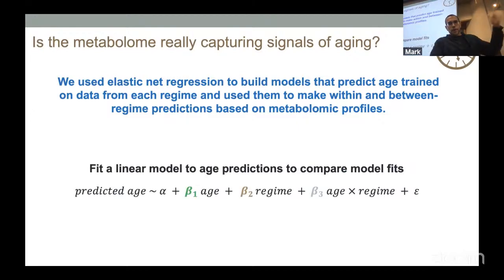So we sort of did that work. In terms of the within regime, we did a hold one out method and then 5-fold cross-validation to get to a good clock. And then you can use all the samples for the between, right? And then when we have our predicted ages and our actual ages, we fit this to a linear model for the different sets. So we can try to evaluate whether there are differences in the slopes or rates of aging between them,